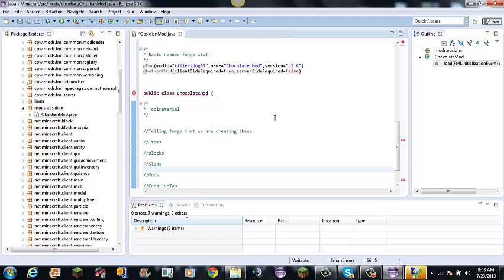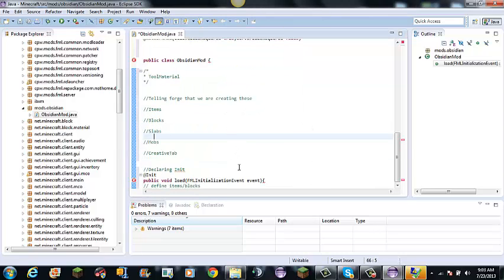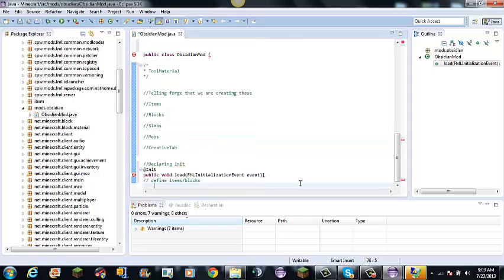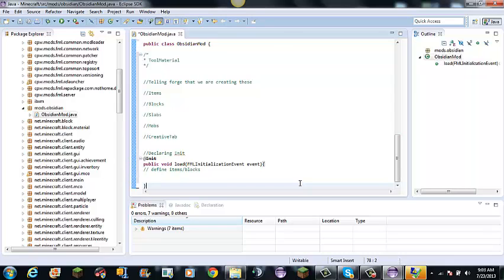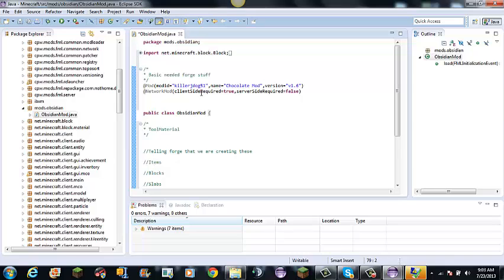Tool material, yeah, sure, why not? But what you want to do is, well, you don't need this, but I'll do that quick. And I'll also need to do that quick to fix the errors. And then we got all these imports that we don't need to worry about. But yeah. Anyways, the reason I did this was all really just to get this in. At Mod, mod ID equals your mod ID, and you can make this whatever you want. It could be random junk, you know, just like that. But how about we name this tutorial dot